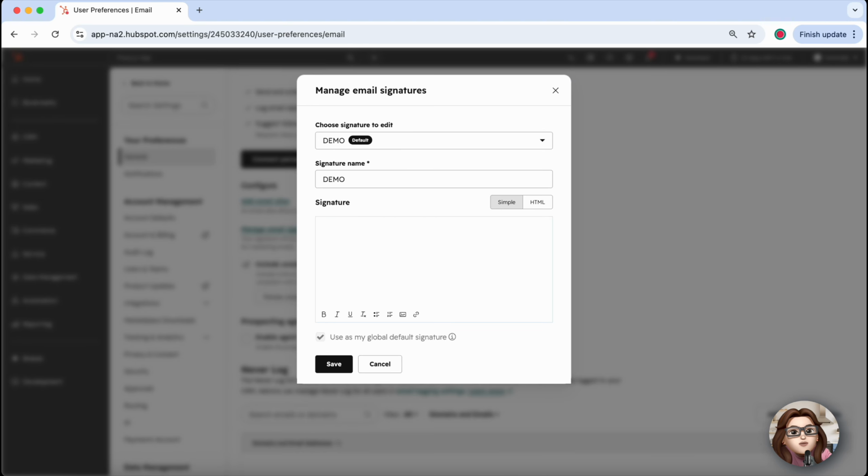Here, you've got two options. You can use the simple editor to type your details like your name, job title, phone number, and website. You can also format the text, add links, and even insert an image like your company logo to make it